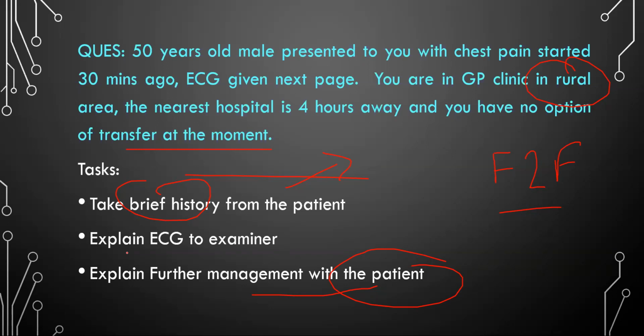Then at the end, make sure you give a lot of reassurance to the patient. Ask the patient if he wants to call his friends, family members to be here. Okay. So that's how we should do this case. The management is only the immediate management of monotherapy and either a PCI or thrombolytic agent. You don't need to go for long-term management in here.